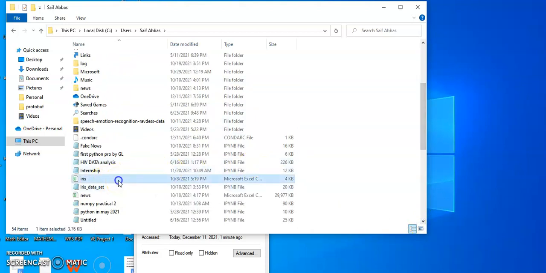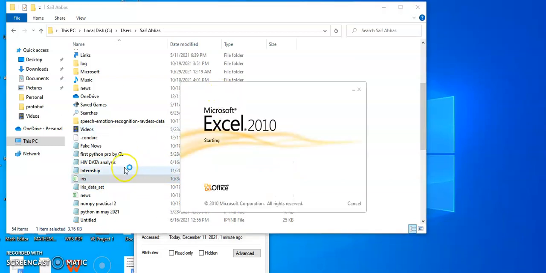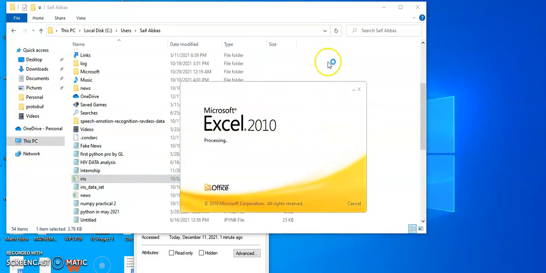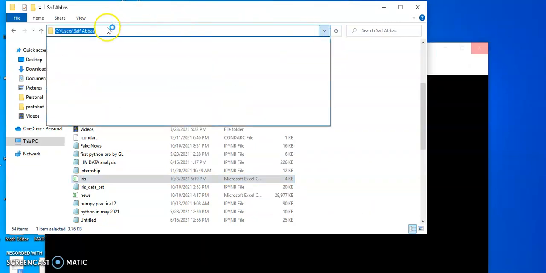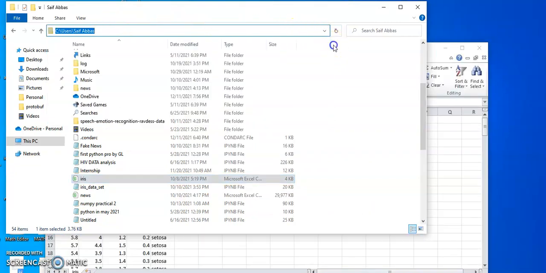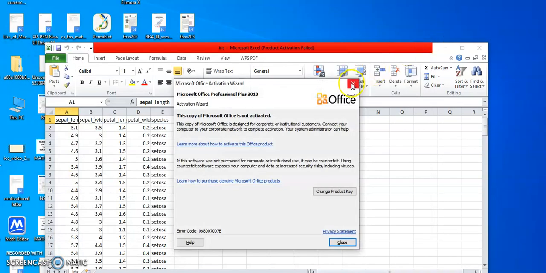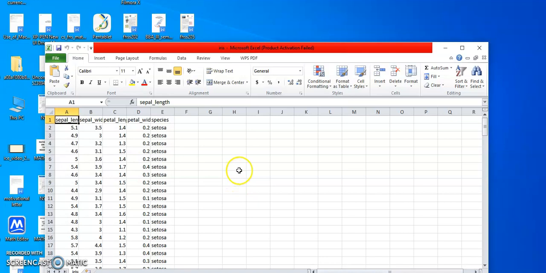So first we need to click here, or you can see from here the path of my file, and then copy this file. This is the iris dataset.